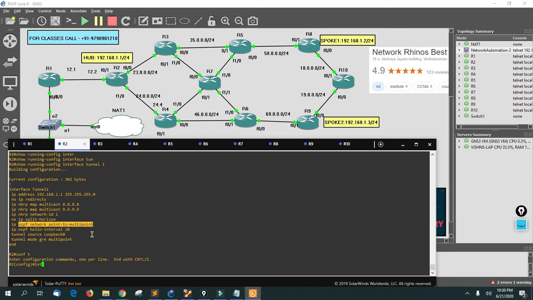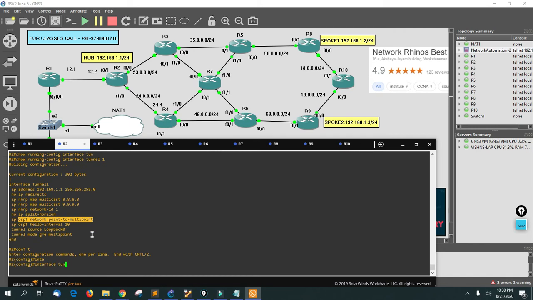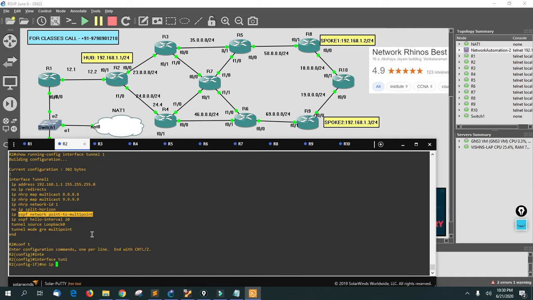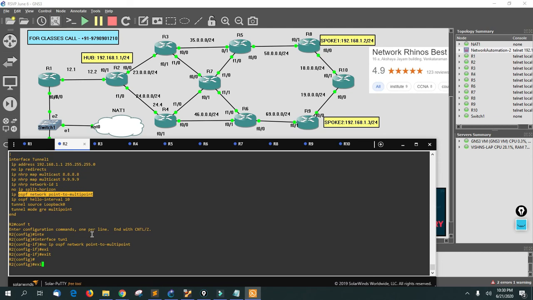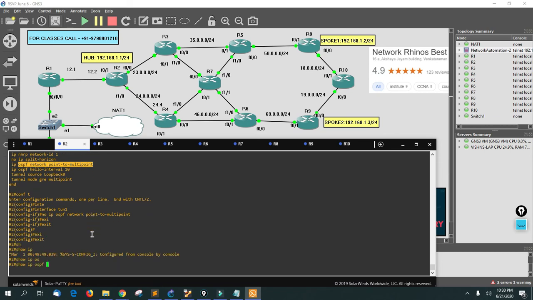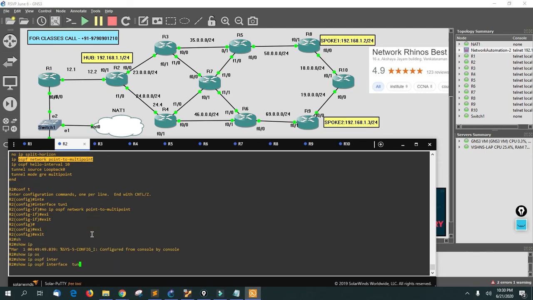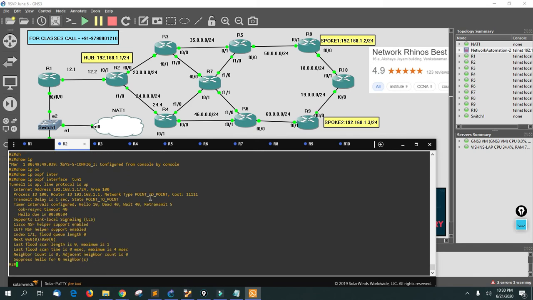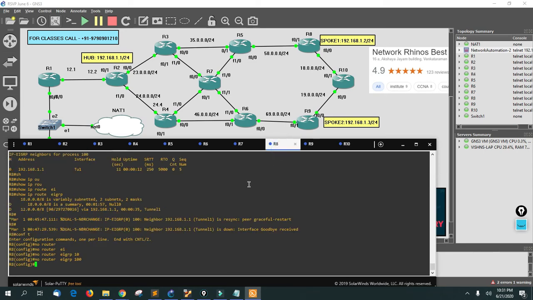Configure terminal, interface tunnel 1, no IP OSPF network. Okay, let's see the default of that one. Show IP OSPF interface tunnel 1. So by default it is point to point. So let's go to R8 and configure OSPF here.